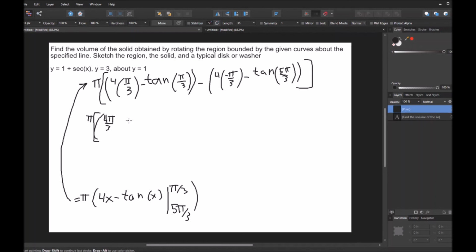4 pi over 3. Tangent of pi over 3, if you don't know your unit circle values, I would suggest that you memorize your unit circle values by now. But if you don't have them off the top of your head, you can look at a reference image and you could see that the coordinates for pi over 3 would be 1/2 comma root 3 over 2. And because tangent is sine over cosine, it would be root 3 over 2 over 1/2. And you could simplify the 2's, you can cancel them out. So tangent of pi over 3 is just root 3. So we have 4 pi over 3 minus root 3 minus negative 4 pi over 3,